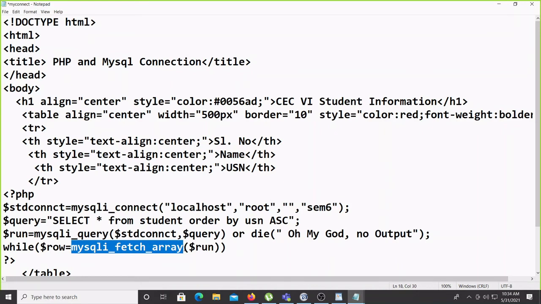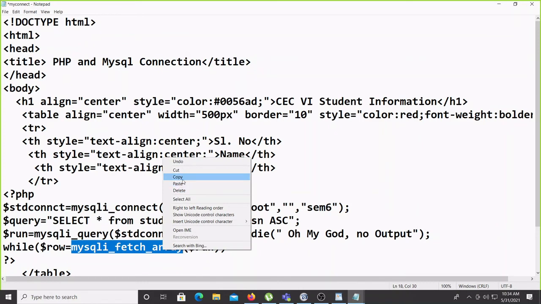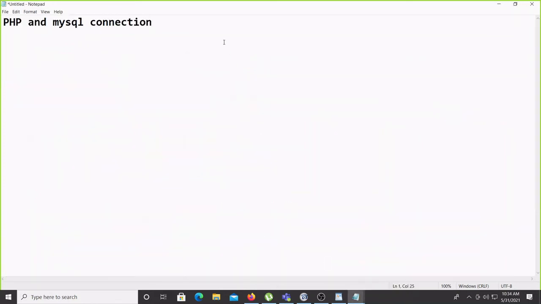See here, one thing I want to talk about mysqli_fetch_array. This is one way. Another way is there, mysqli_fetch_assoc. Both work in the same way, fetching the information only, but whenever this array is fetching the values, you get the values along with the indexing number of the array, and all numbers are integers only.